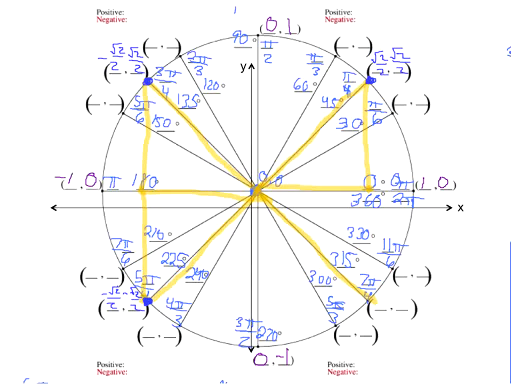Let's do our last reference angle while we're here. Let's do our remaining 45 degree angle. And we're talking about this coordinate right here. So this time it has a positive x, negative y, which makes sense, right? We're talking about our 4 quadrants. Quadrant 1 where everything's positive, quadrant 2 where just x is negative, quadrant 3 where they're both negative, and quadrant 4 where only y is negative. It goes back to our basics of our coordinate circle. So I'm going to have a positive root 2 over 2 and a negative root 2 over 2. So we are so close to being done. You guys are doing